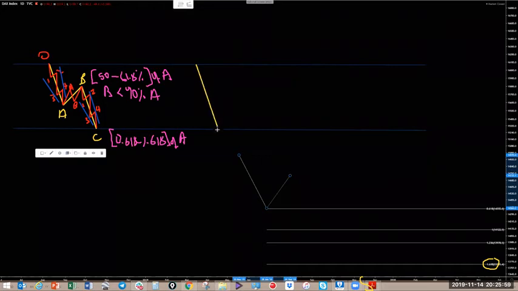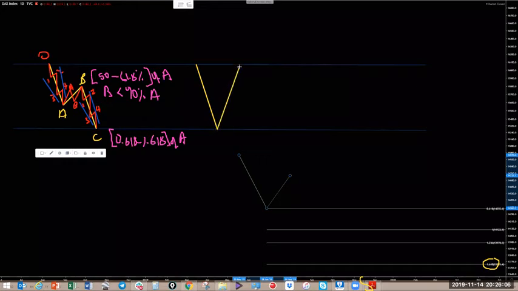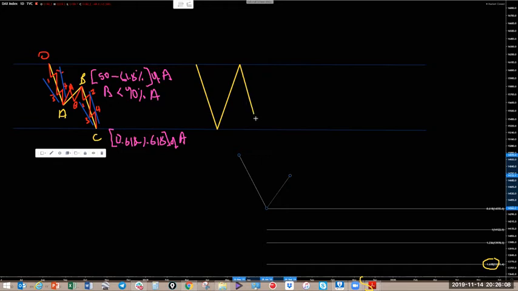So a flat correction looks something like this and something like this. Okay, so now when you look at this, can you see the difference between this and this? This is a regular flat, it goes sideways. This is a zigzag, it opposes the move. That is the difference, and that is the reason why this is called a flat in the first place, because